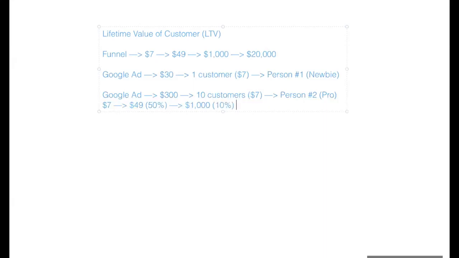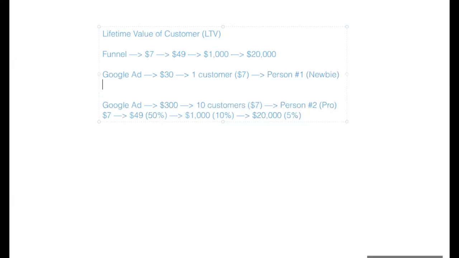And from the $1,000 to $20,000, let's say it's 5%, because those usually go down because it's such a big ask, but 10% is not even close to crazy on that. So on this one, they get 10 customers at $7 each. This person is down $23.